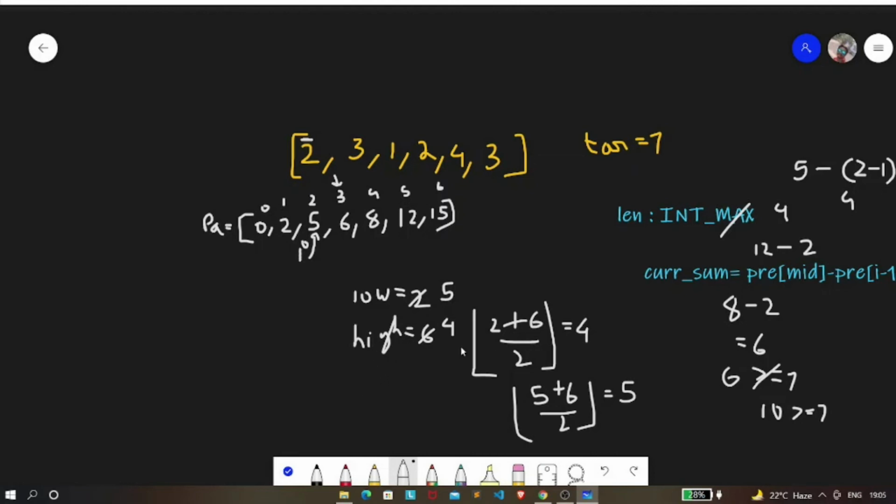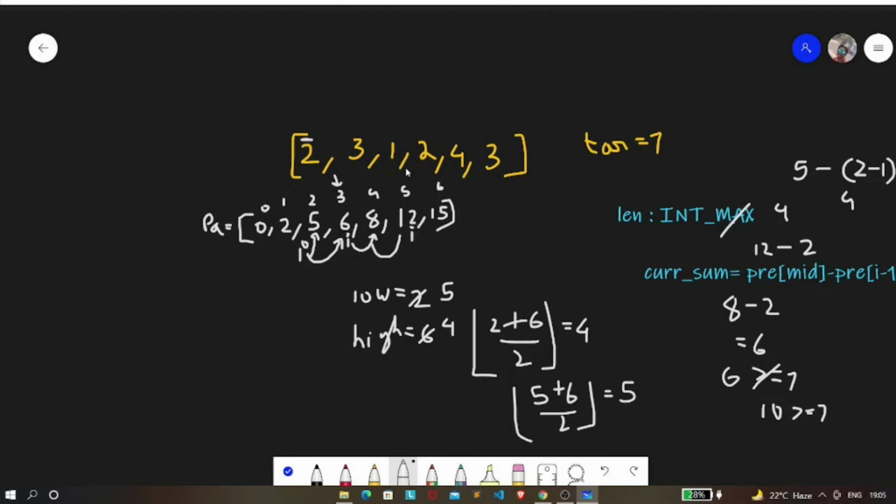Now since our high has become less than low, we are going to terminate and increment our I by 1. Now our I will be pointing to index 3. Similarly for index 3, we are going to perform the similar binary search operation. After we have got this, we are going to go to this index, and then we will move to this index.